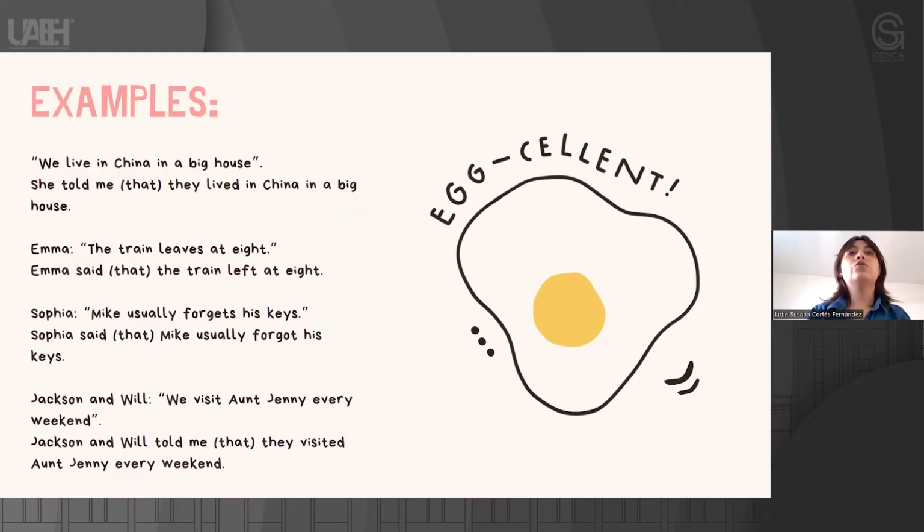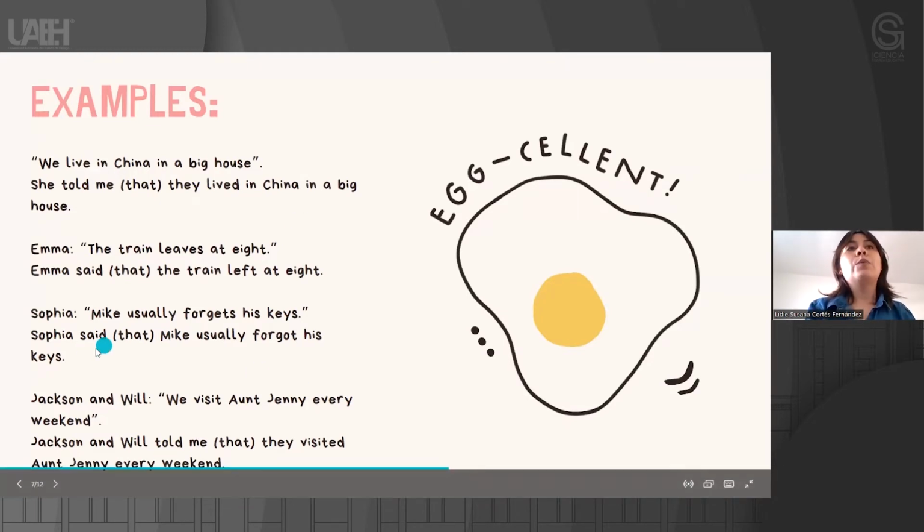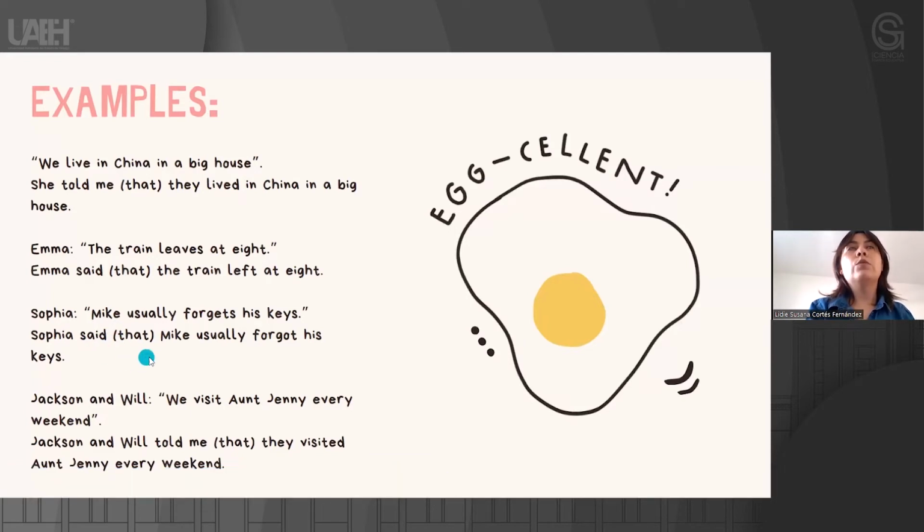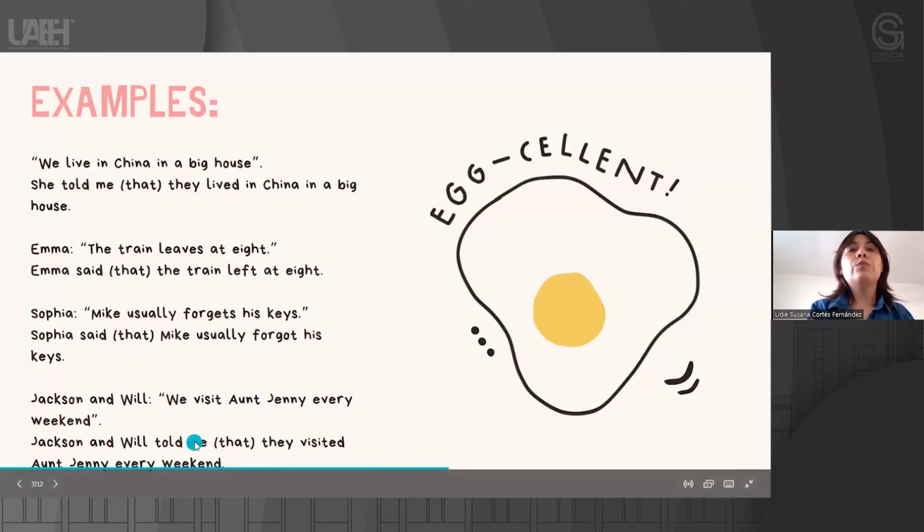Jackson and Will told me they visited Aunt Jenny every weekend. So here we can spot another difference. When we use "say", we don't mention the person that is listening. But when we use "tell", in this way we have "told", we have to use a person. So we use here, in this case, "me".